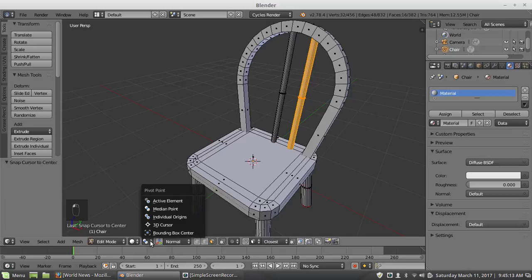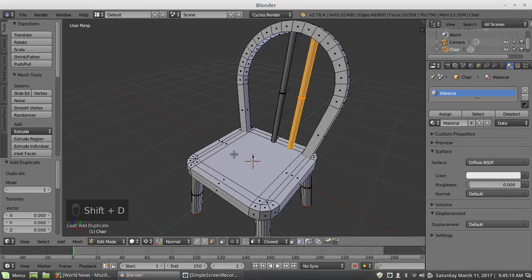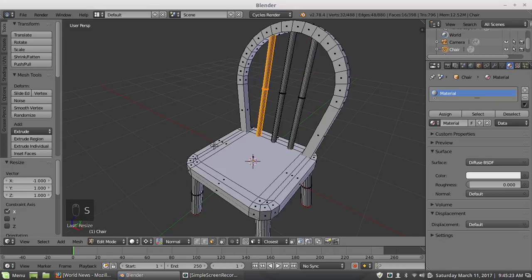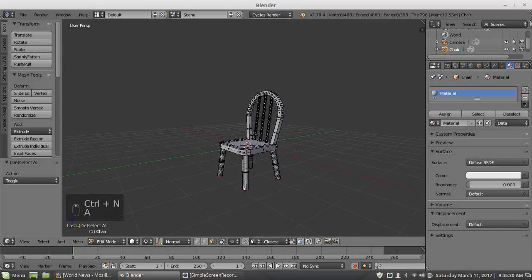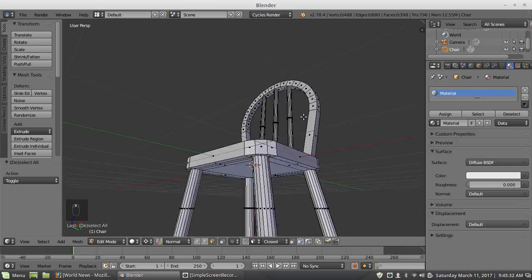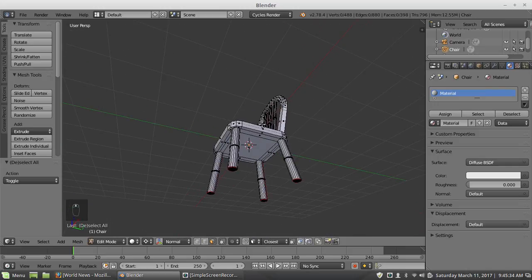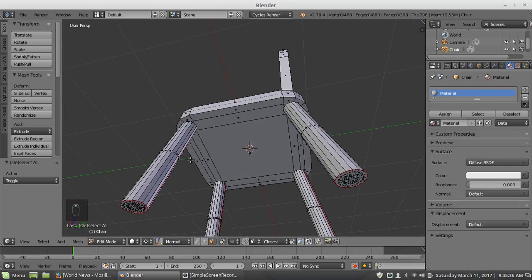And then I'm going to set my origin to the 3D cursor. And I'm going to duplicate and scale X negative 1. And I'm just going to Control A, Control N. So I got that. And I can probably do a little cross bracing under the chair. So I will do that next.